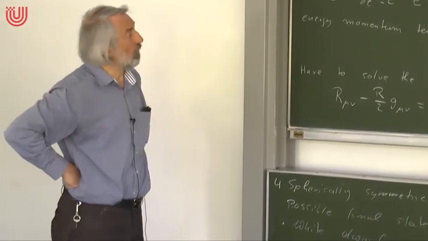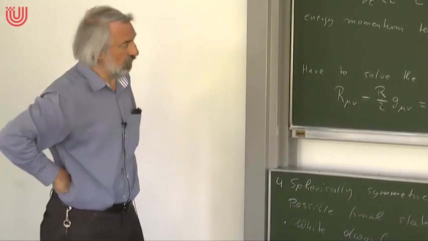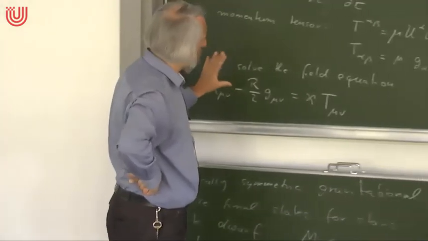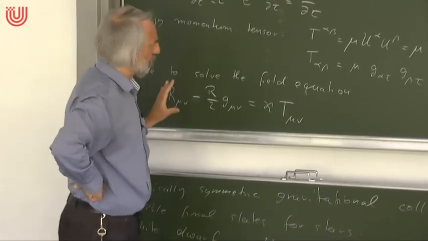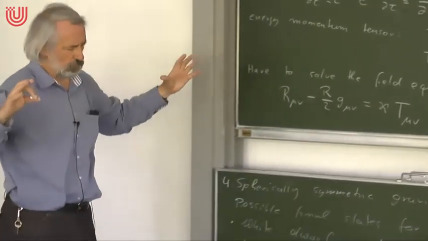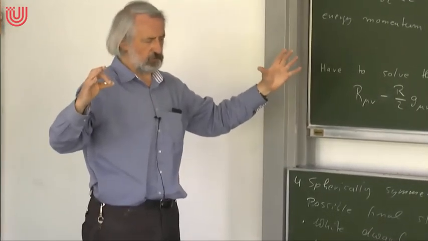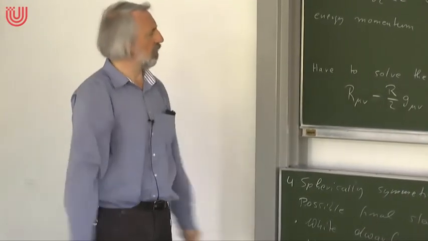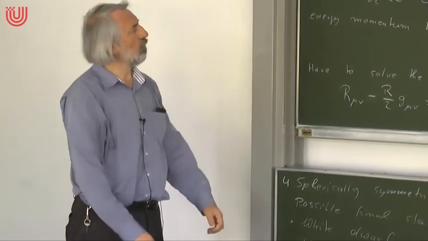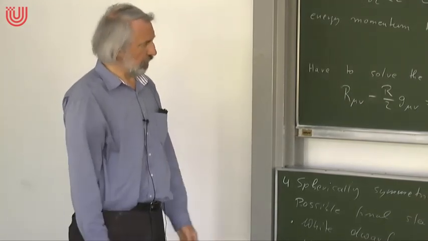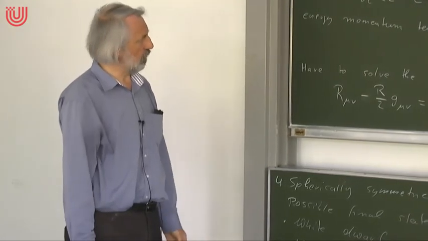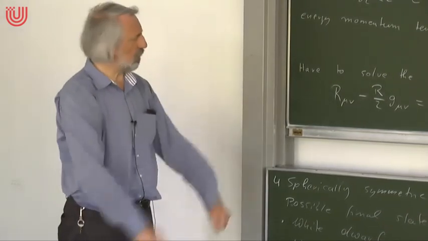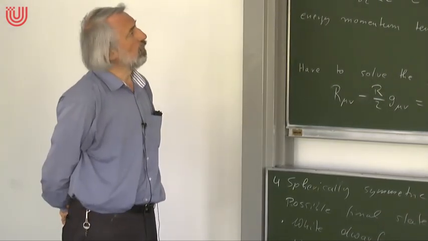And then we will adapt it to the situation we are actually interested in. This is just an arbitrary spherically symmetric dust solution. And then we will adapt it to the situation where we have an initial condition where the star is at rest, then it collapses, and we will in particular calculate the time which it takes for the whole ball to collapse into a point. But we will do this on Monday.